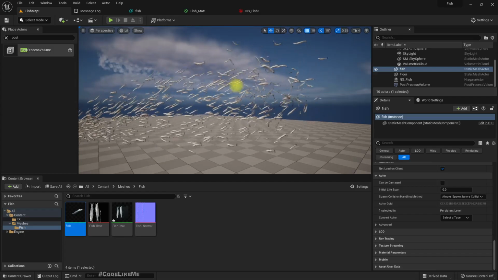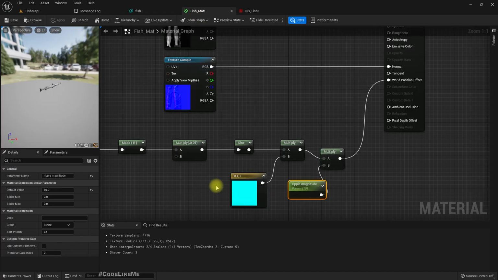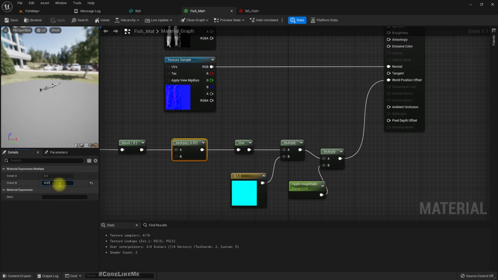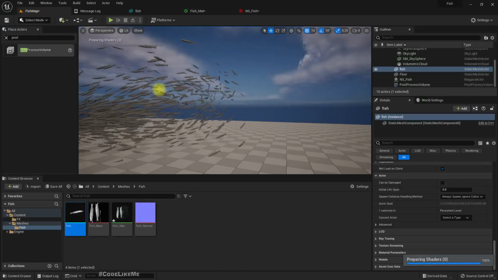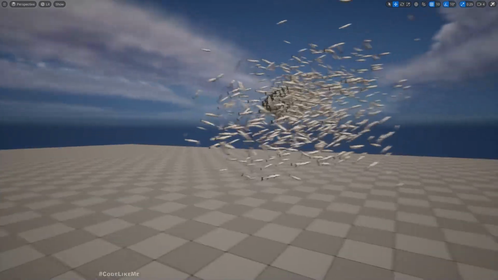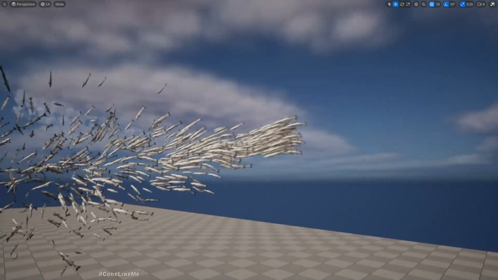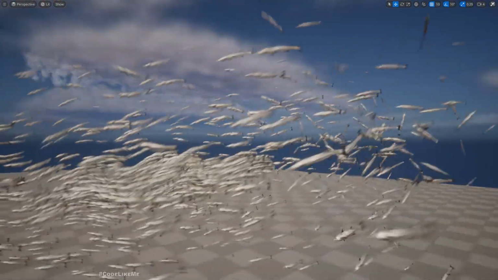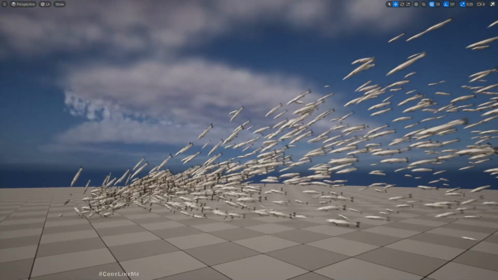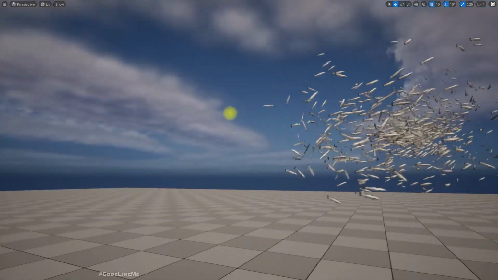Okay. Let's reduce this a bit more. 0.5, make it a half. Alright, now it looks alright, but the only problem is all of them are synchronizing the up and down movement, which kind of looks odd. See, so